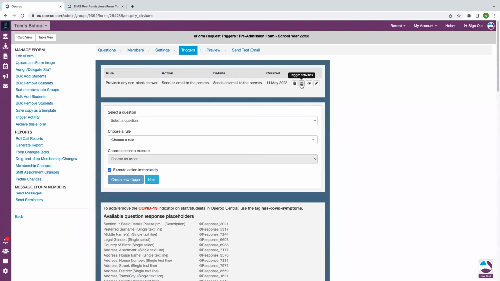Now, this is an email trigger, so which parents have received this? How long did it take for that email to be sent to the parent? All of that pertinent information there. And then finally, I can delete that trigger by clicking the bin icon. You can create as many triggers as you would like. Now, there's no limit to the number of triggers that you create within your form. Once you've created all your triggers, clicking next,